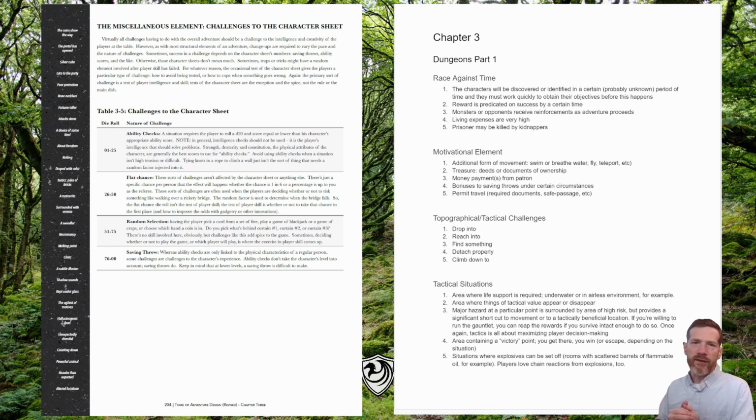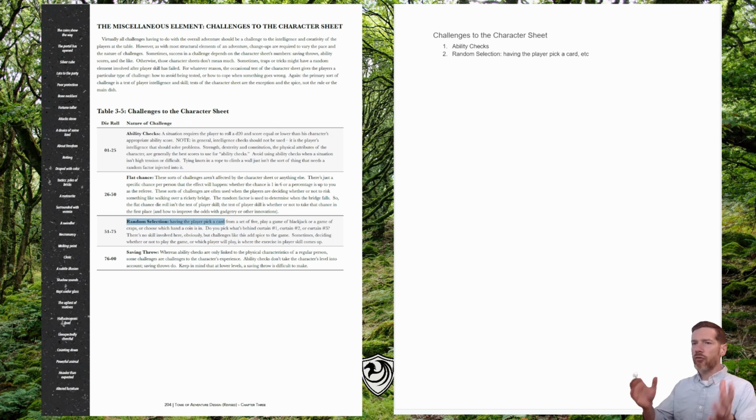I'm going to roll twice on this table just to come up with some ideas for maybe something that I throw into my dungeon. I may or may not use it. We'll see. And the 2 items that I rolled up on the challenges to the character sheet, the first one